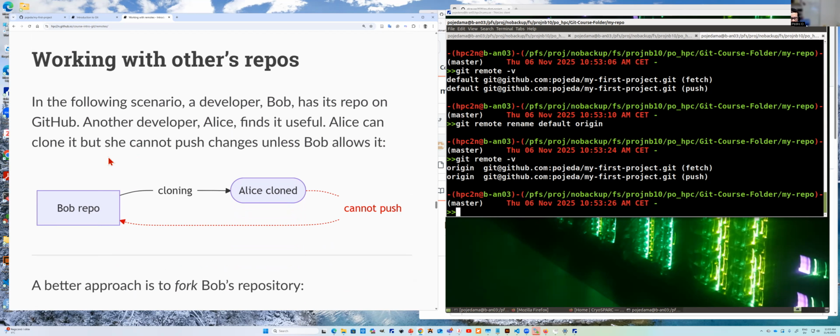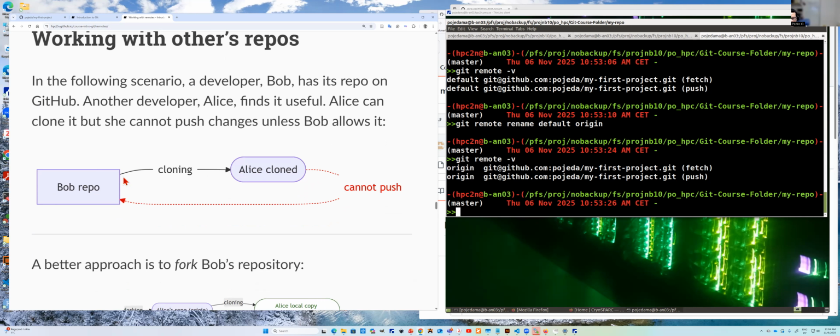So imagine that Alice searched on the internet and found that Bob had already a repository with some interesting code, right, that she wants to get. So one way to work for this scenario is what we just did. Yes, we can clone the repository from Bob,